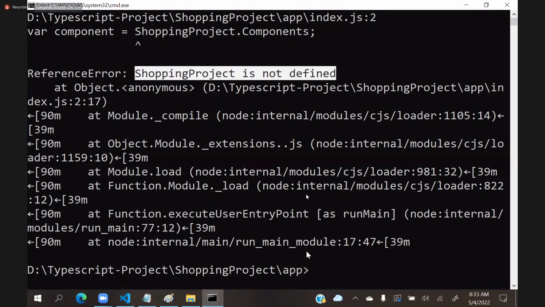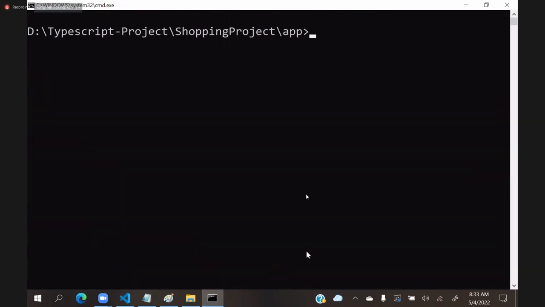you have to compile in this way. What we have to do is tsc, and you have to use a flag called outFile, tsc outFile, and you have to define the JavaScript file. The JavaScript file is index.js, and from where the JavaScript should come,